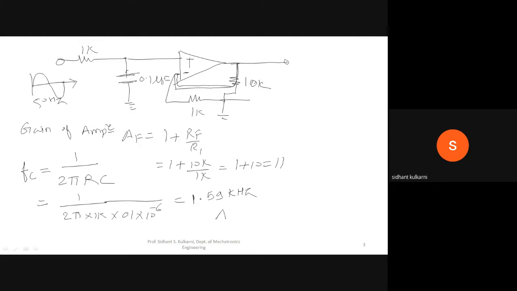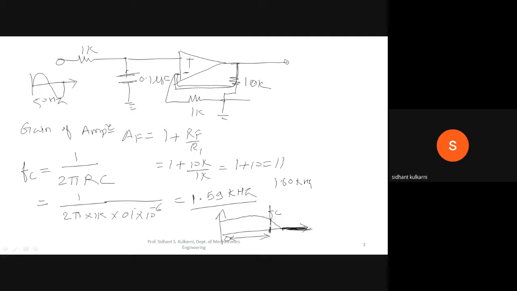So I will try to draw it here. Try to understand. This low pass filter will pass up to 1.59 kilohertz, and after that it will give the gain to be 0. So this is the cutoff frequency FC. From 0 hertz to 1.59 kilohertz, low pass frequency components will be passed, and from 1.60 kilohertz onwards, these components will be rejected. So low pass components are passed, and high pass frequency components are rejected.